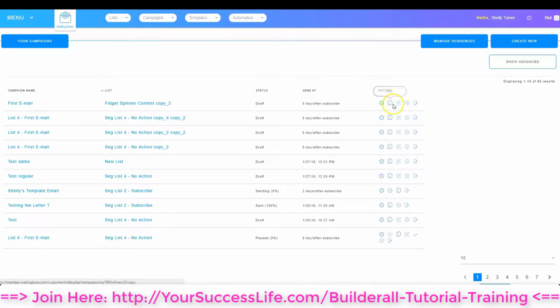So I'm going to go all the way over to the right-hand side and I'm going to click Update. I need to make sure that the item is not active. If it's an active email, then I'm going to have to pause it and then I can edit. For example, this email right here, Shelly's template email, this is actually active and I would have to pause it before I could edit. But I'm going to go up here to this first one and I'm going to click